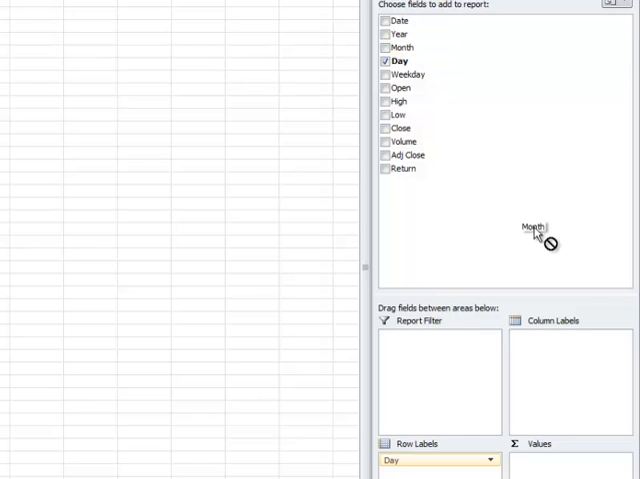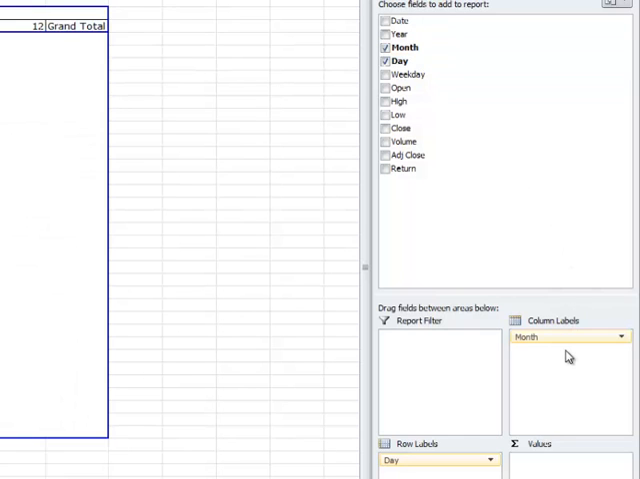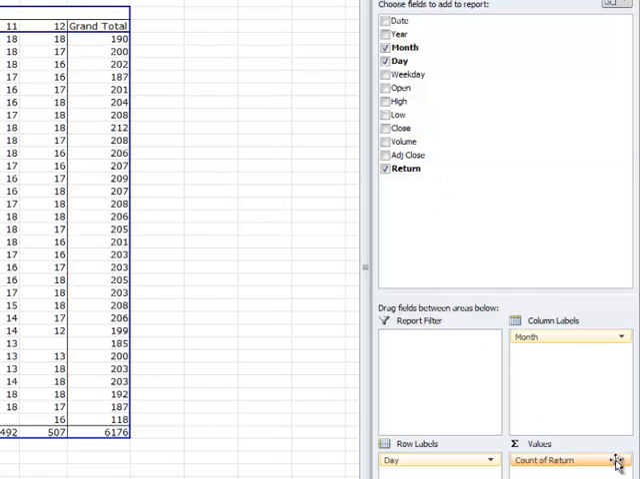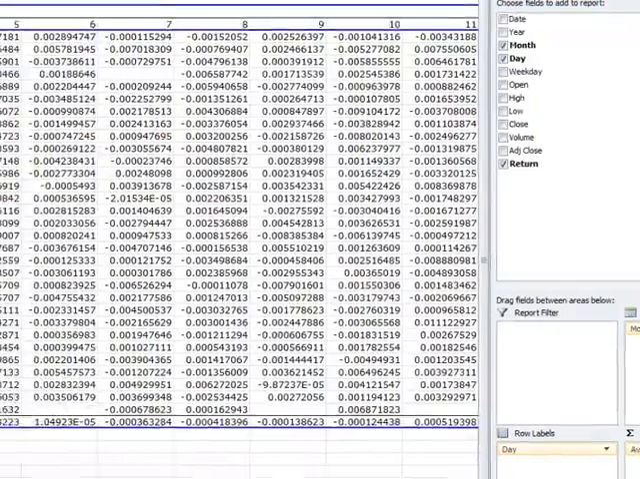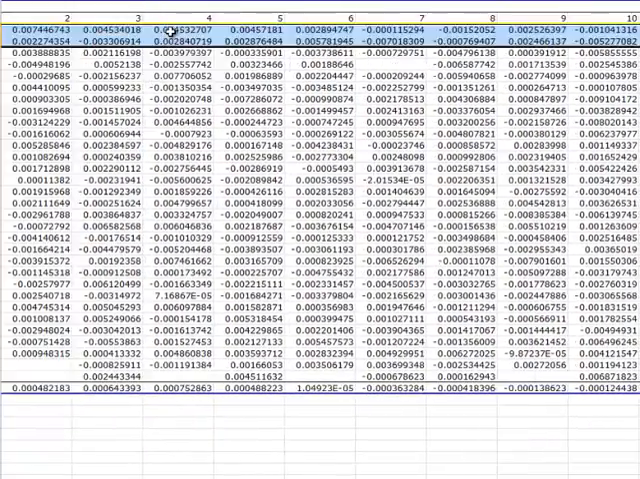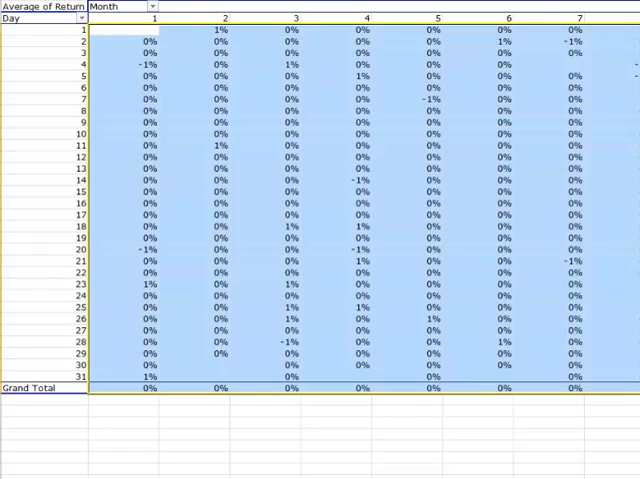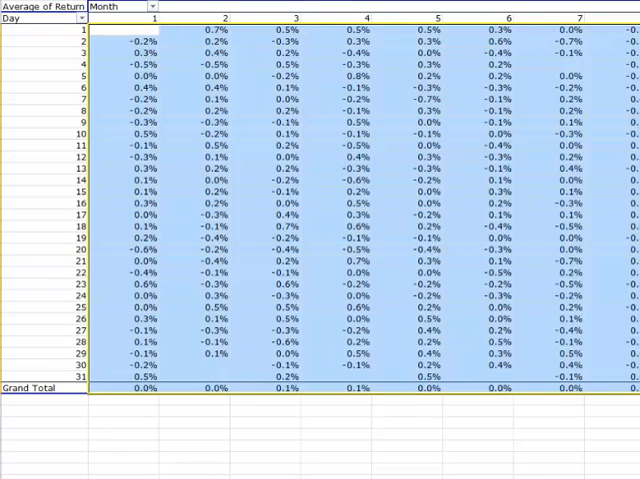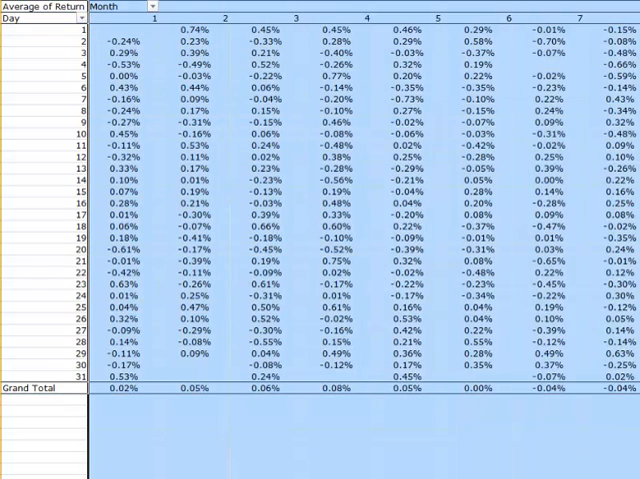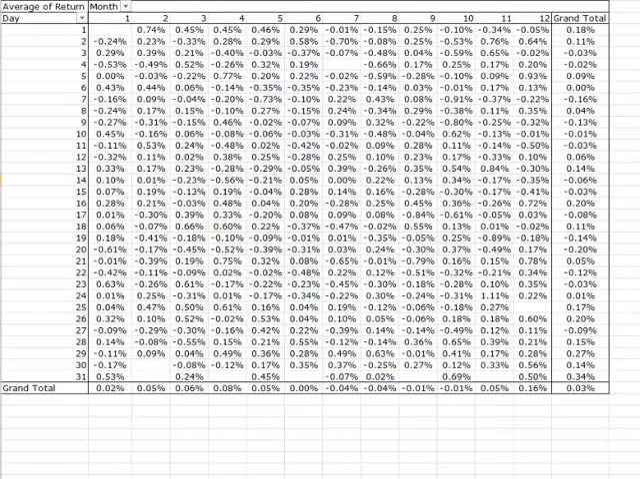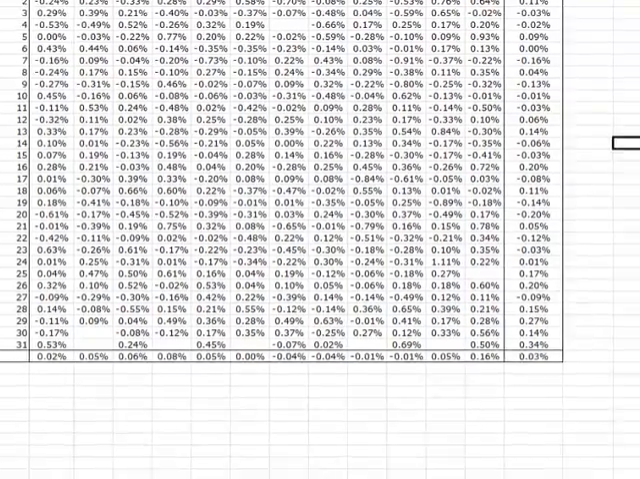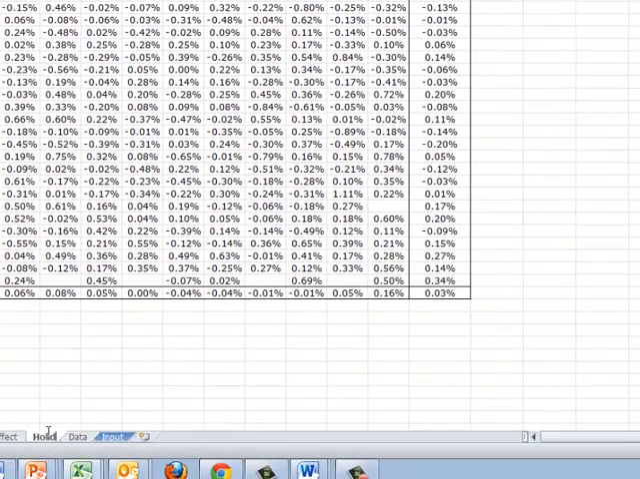We're going to drop the month in the column, and we're going to drop the returns into the content, and we're going to change the field settings to average. And again, we'll turn all of that into a percent with several decimal places. We could center it, and we could certainly shrink the column size. So if it's the holiday effect, and let's go ahead and label it as such,